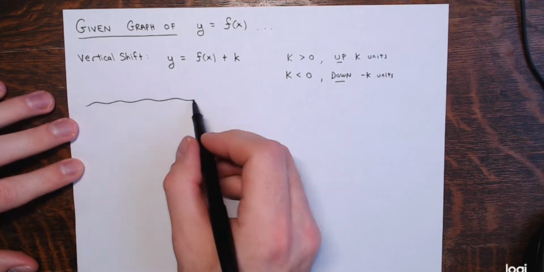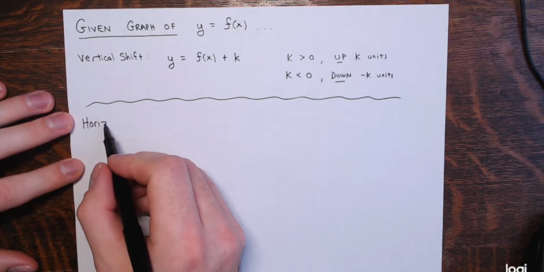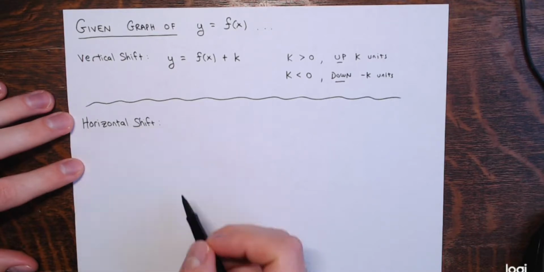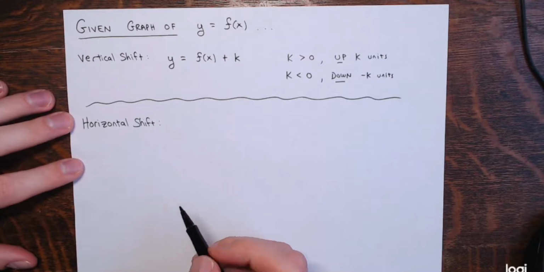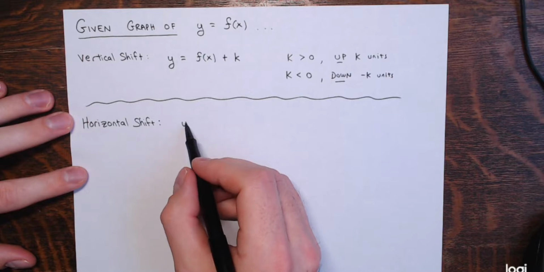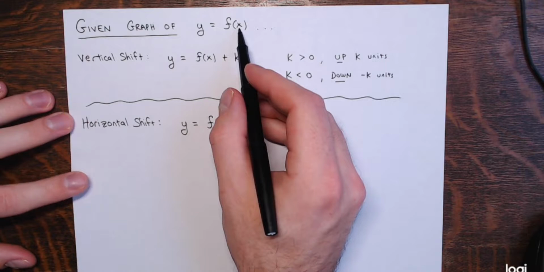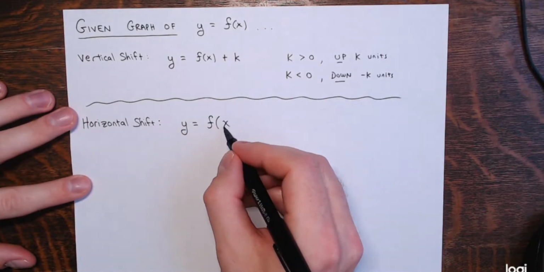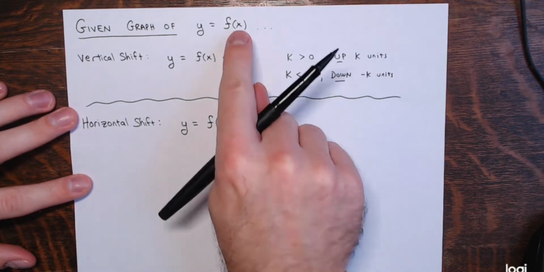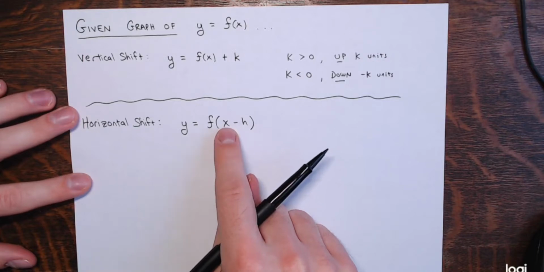Right, then you have your horizontal shifts, moving the graph to the left or to the right so many units without changing the shape. These shifts don't actually change the shape of the graph, they just move it around. So again, we start off with y equals f of x. Now if I replace the x's with x minus h, if I went through the rule and replaced all the x's, all the inputs, with x minus some number,